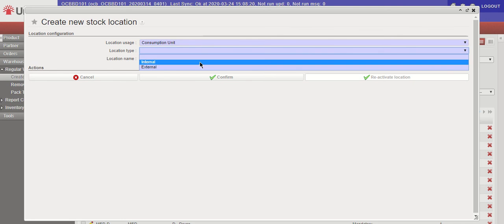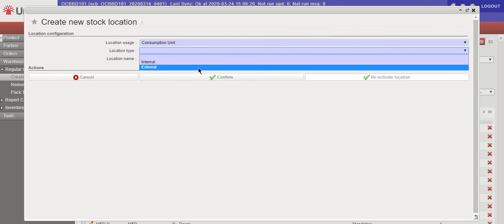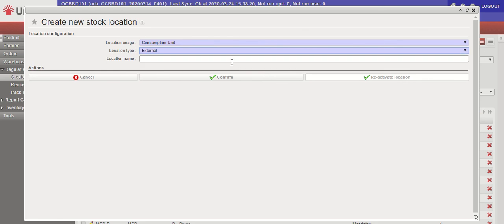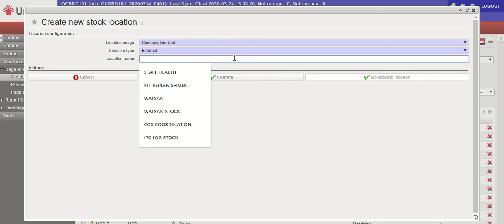It's going to say, is this internal or external? And for the Bangladesh context, you will always choose external. That means that this client does not use Unifield. We're going to take items that we order in Unifield, either we purchase them and deliver them directly, or we take them from stock and we deliver directly. But the client we are delivering to is external. They are not using Unifield. So we give them external, and we will say